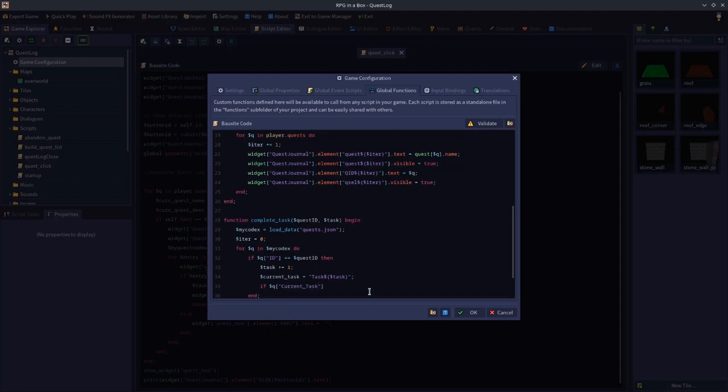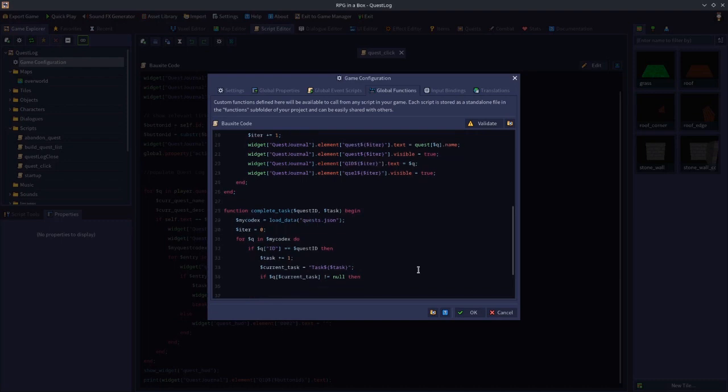Oh no, sorry, I'm missing a step. That's what you type. So if $q and then passing in this thing we've just built is not null, so in other words, at some point you'll run out of tasks, right? If you've got a quest that only has 3 objectives and now you're on task 4, we want to make sure it doesn't error because there isn't a task 4. So we just check first of all that the task number you're now on brings back a task. So is it not null? If it's not null,